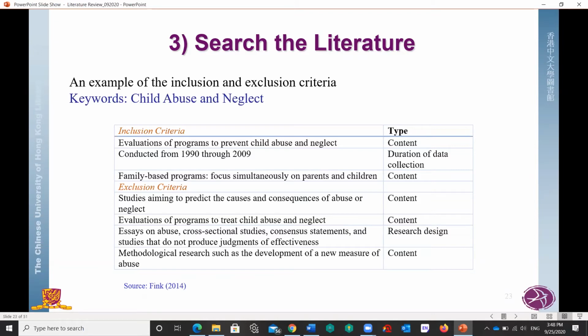For the exclusion criteria, you might not be able to develop them at the beginning. You might conduct a literature search and review the abstracts of the papers. Only the abstract is enough. After you read a bunch of abstracts, you should be able to tell what you don't want to include in your literature review. For example, here the exclusion criteria are studies aiming to predict the causes and consequences of abuse